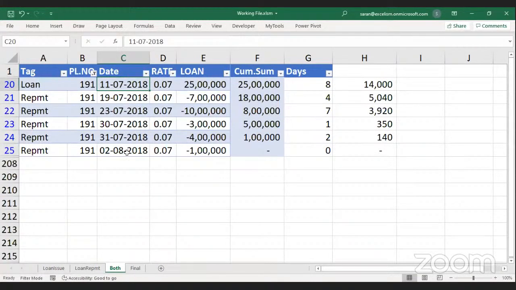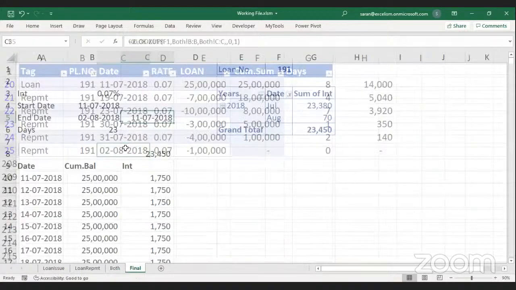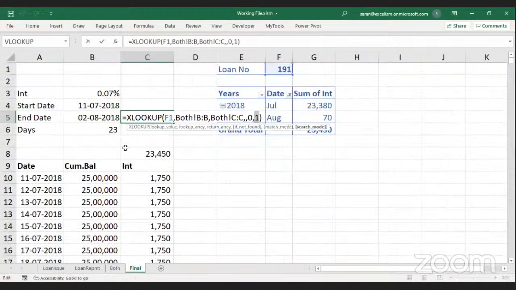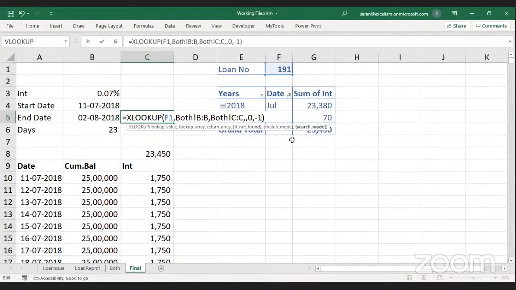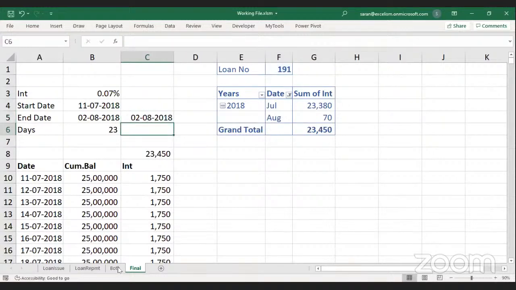But I don't want the start date, I want the end date, because I want to know when he repaid everything back. So in that case, instead of 1, there is one more option: search from last to first. Now Excel starts looking from the bottom and gives you wherever this value is available first from the bottom. So my answer is going to be 28, because